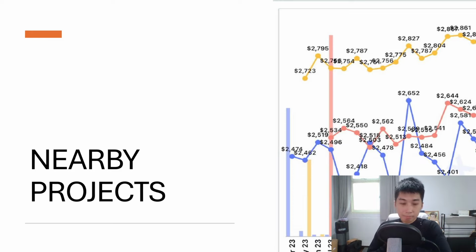Okay, so I have shared most of the floor plans, what I feel about it, and some of the past performances. Hopefully this helps you to narrow down a bit more about what kind of bedroom types you are going for, what type of units, depending on whether you're going for 1, 2, 3 or 4. 1 bedroom you don't have any choices, but 2, 3, 4 you have a bit more choices. 5 bedroom you choose whether you want private lift or you don't want private lift, right? But it helps to break down a bit more, and you can see depending on your personal needs which one is